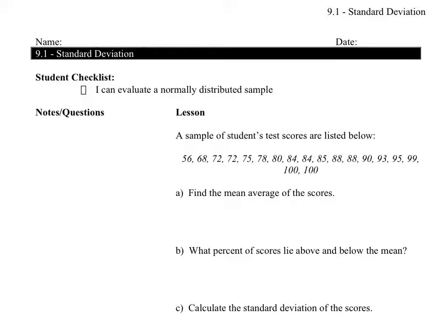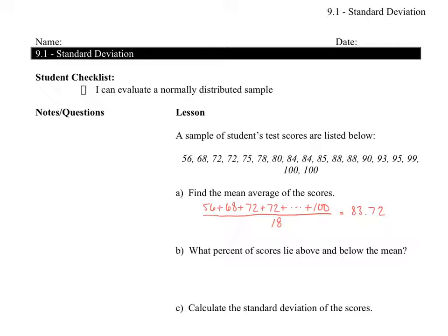And this should be review, so why don't you pause the video and calculate the mean of the set of data that you've got in front of you. So hopefully you did that correctly and you just added each of these. Remember, if there are duplicates, you do still need to add them. So I added 272s, I added 284s, 288s, and so on. And there are 18 numbers here, so just as I would do if I were trying to find the mean of all of your test scores, in this situation they're all added up, and that gives us